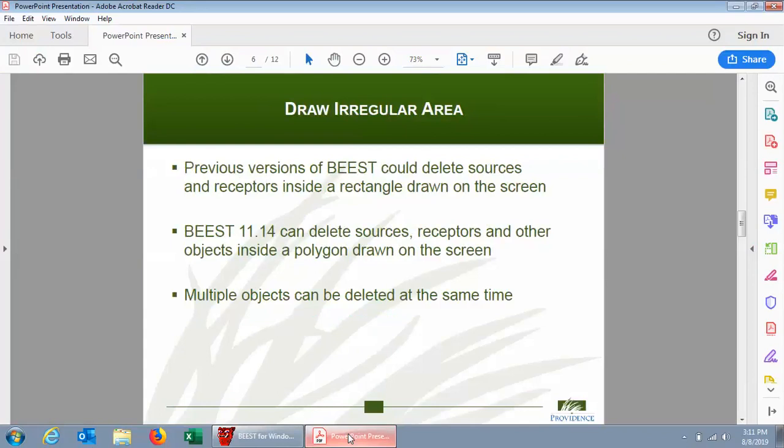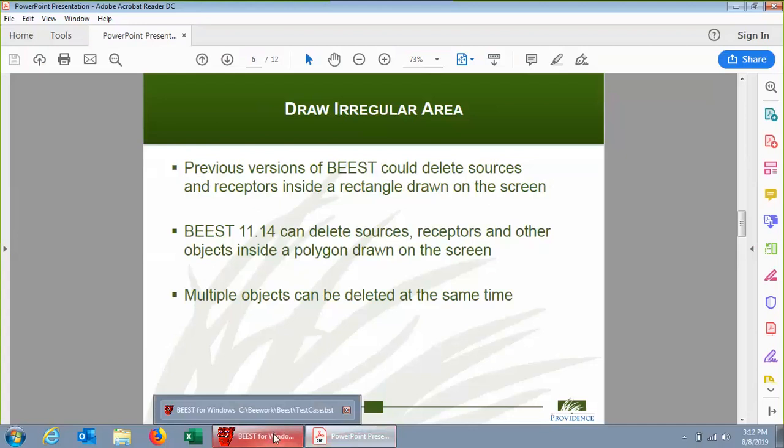In previous versions, you could draw a rectangle and then select the receptors or sources to delete inside it. Now you can draw a polygon as well, and then select source receptors or other objects to delete. And you can do multiple objects at the same time as well. So again, going back to our Beast file,